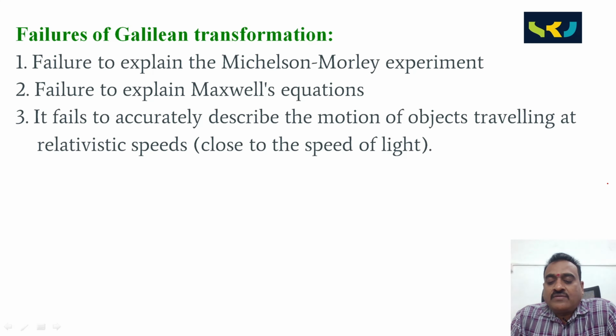If we measure the speed of light along the positive x direction in system S to be c, however, in the S dash system, which is moving with constant velocity v, the resultant light velocity c dash is equal to c minus v. So, due to these failures of Galilean transformation, a clearly different transformation is required